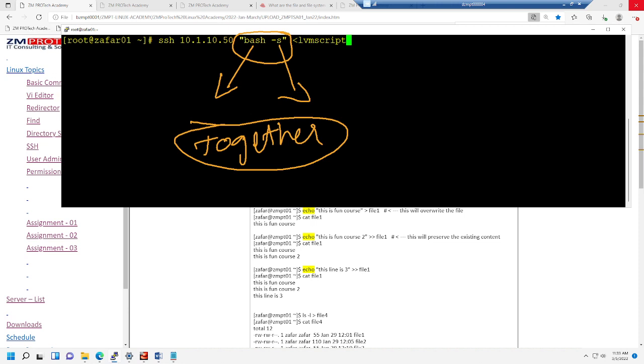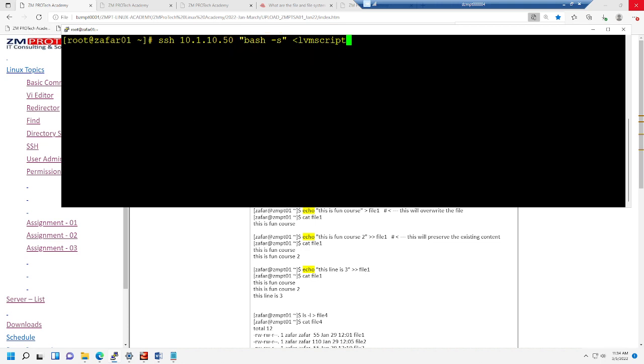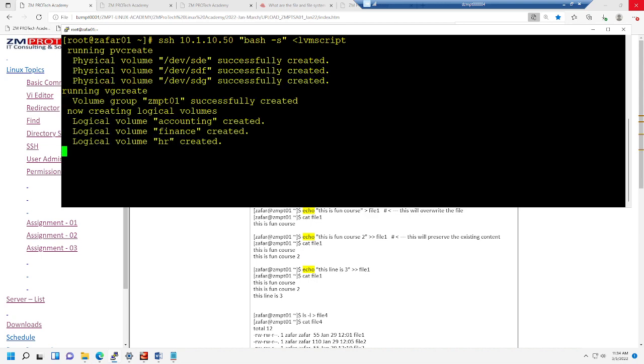Okay. And this is the input symbol, and this is the file. All right, now let's cross our fingers and see if it's going to work. I'll hit enter, and it made the connection, and look at that,